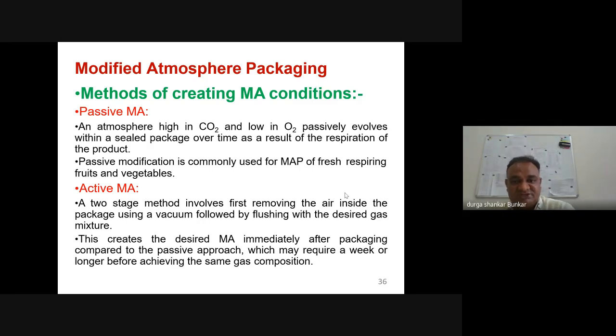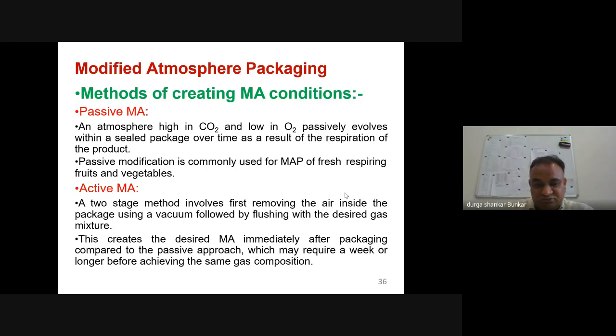Over time, as a result of the respiration of the product, the passive modification is commonly used for MAP of fresh respiring fruit and vegetables. In the case of the active, it is a two-stage method involving first removing the air inside the package using a vacuum, then followed by flushing with the desired gas mixture. Both techniques are used, but the instruments generally used for MAP may differ